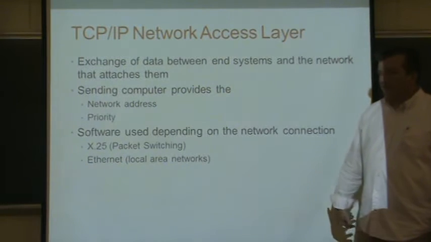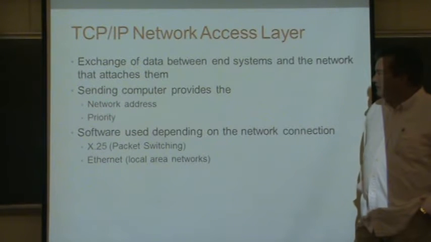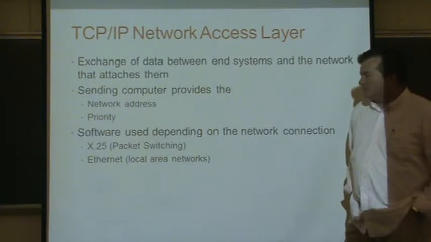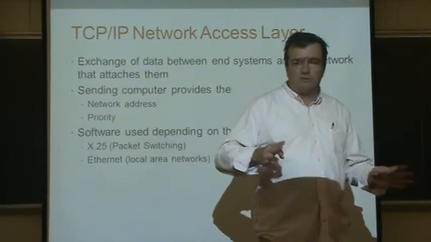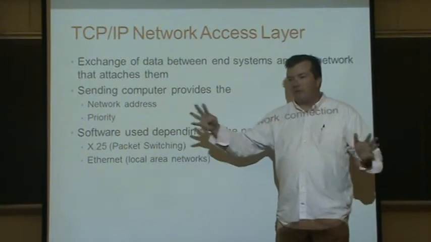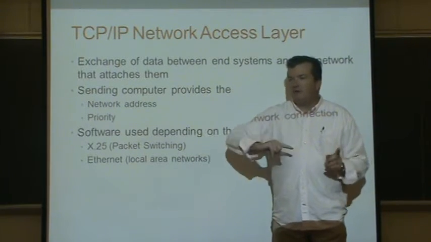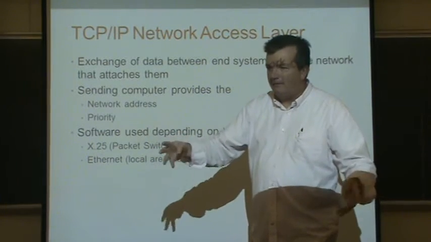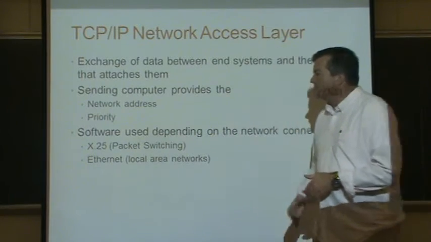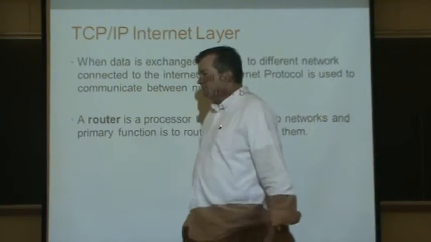The network access layer, so we're working from the ground up. That's the exchange of data between end systems and the network attached to them. So the physical address, the priority of the message, how big is each of the packets we're sending to them. We want to send a big message to them, but they have a fixed size that they receive messages at. We have to cut the message up, send it to them, and put information in the header like this is message 3 out of 10, and here comes message 4 out of 10. And so that information is handled at the network layer.